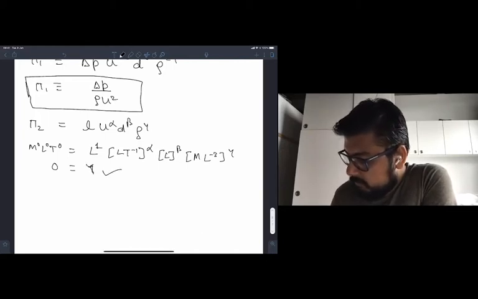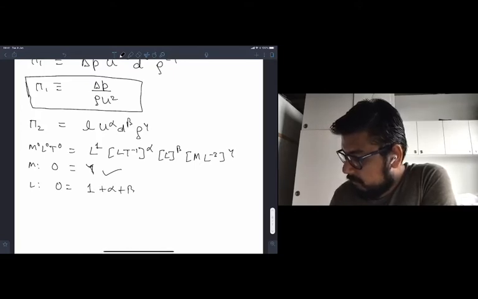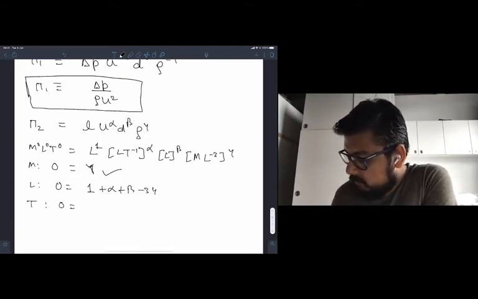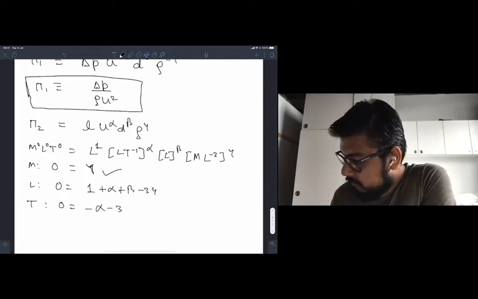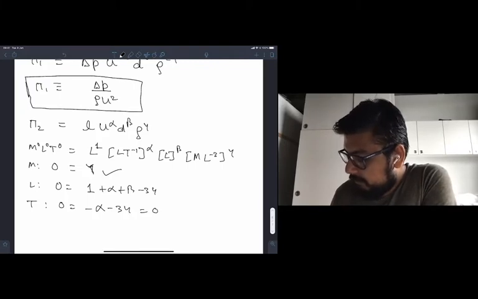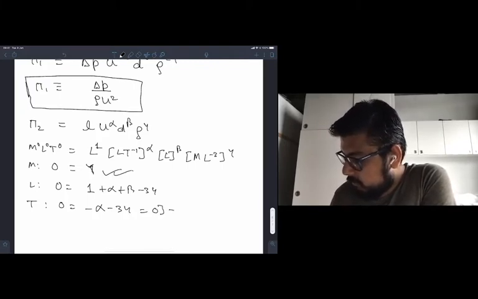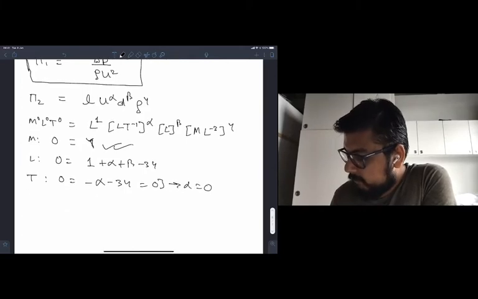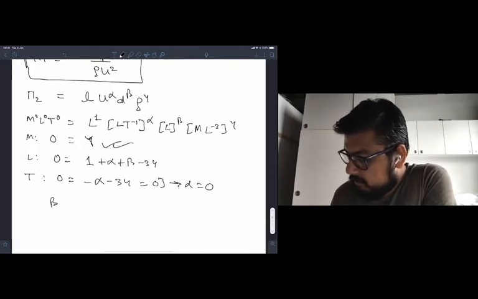If we equate length, then we get 0 equal to 1 plus alpha plus beta minus 3 gamma. And if we equate time, we get 0 equal to minus alpha minus 3 gamma equals 0. So if gamma is 0, then from this equation alpha is also 0, which means that beta is minus 1,